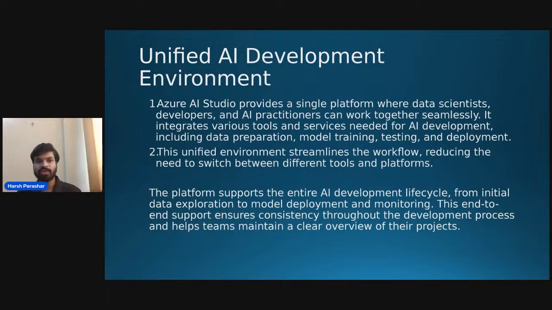The most important feature of Azure AI Studio is that you can easily deploy your AI model. As we just discussed, AI practitioners and developers can help you test your own models very easily and seamlessly. You don't need to depend on asking for offline help, going to different people, or connecting with someone on a different platform. It is a unified platform, as the name suggests. Unified means every type of thing you can get here.